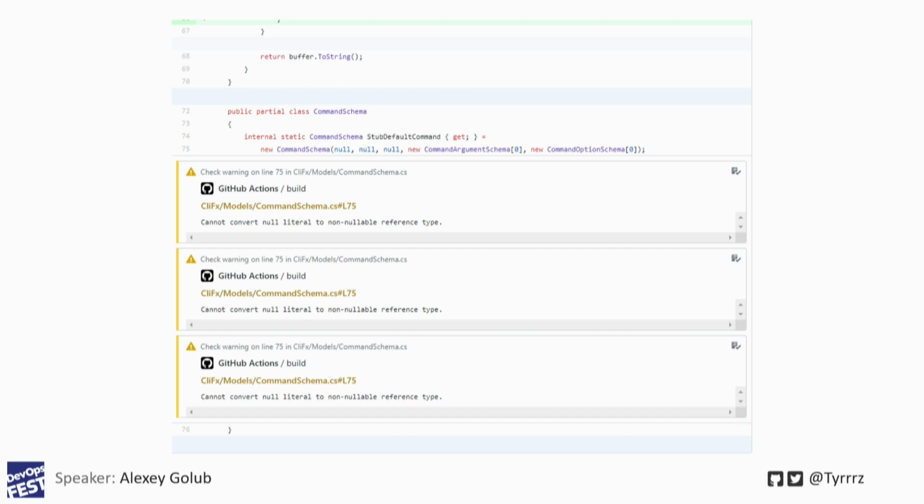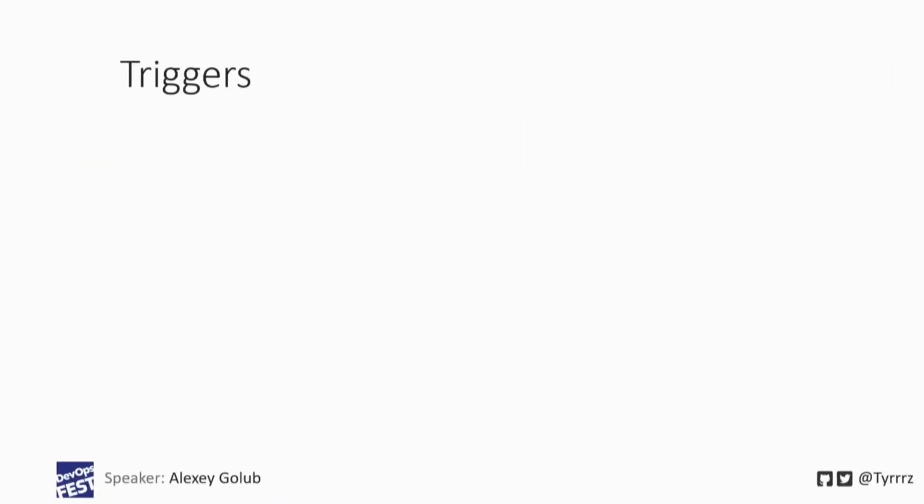There is also another way which you can do that using matchers. So you can install custom matchers, which use regex normally, that look into the output of other tools, in this case the .NET SDK, and then based off of the format, they can also turn it and parse it in such a formatted way. Structured way. So that's pretty cool. And this is actually what setup.net did. So it installed a custom matcher for the compiler so that every warning that it reports actually shows up in the diff view. So that's pretty cool.